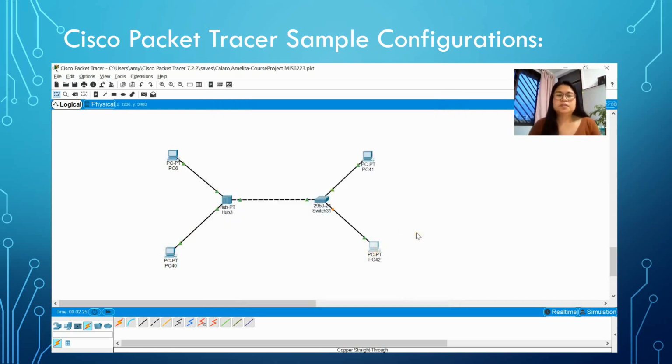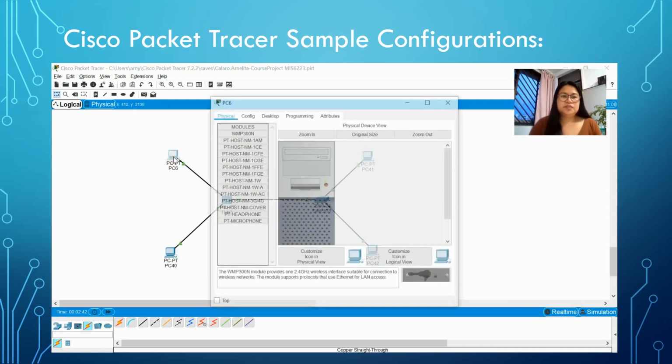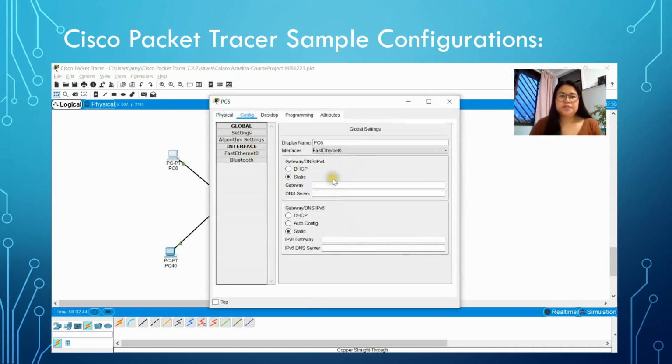Okay, let's wait until the color green appears. Okay, now everything is connected. Now we will configure each PC. So later on we can try to transfer some data like the emails. So this one will configure the IP address 198.168.1.10